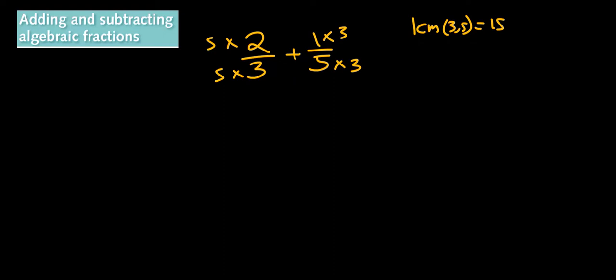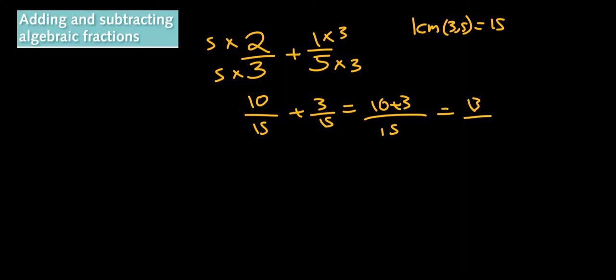Let's look at 2/3 plus 1/5. So we should recognize that the lowest common multiple of 3 and 5 is 15. So we multiply numerator and denominator by 5 and 3 to get 15 there. So we get 10 over 15 plus 3 over 15, and that could be written 10 plus 3 all over 15, which is 13 over 15. We do exactly the same thing for